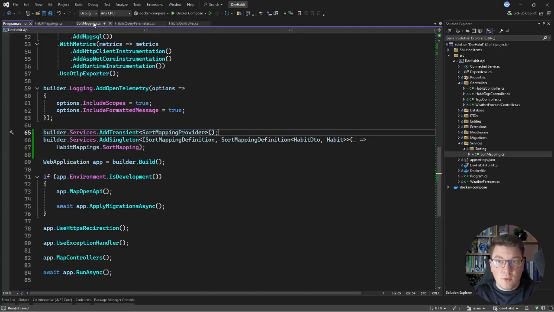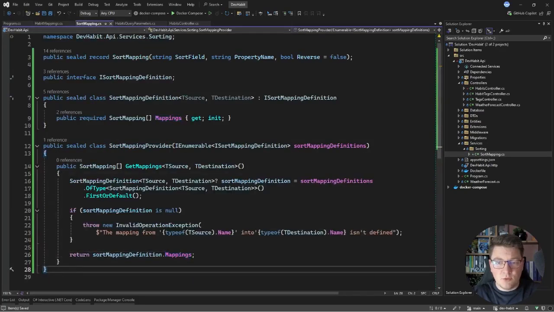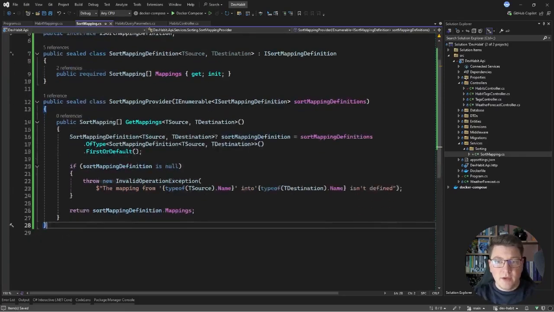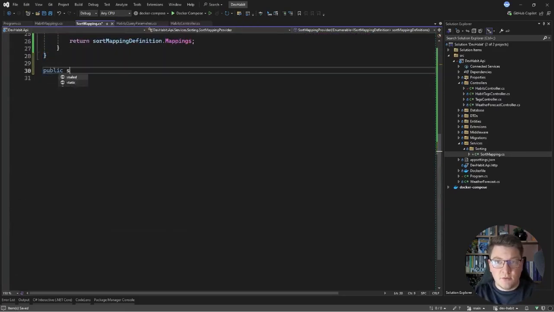And now we need one more component for all of this to fall in place, and this is an extension method on the IQueryable interface that is going to allow us to take the query parameter containing a comma-separated list of values representing our fields and convert that into an order by statement that I can execute using the Dynamic LINQ library that I just installed. So let's go ahead and define this extension method next. I'll make it an internal and static class. Let's call it QueryableExtensions, and I'll